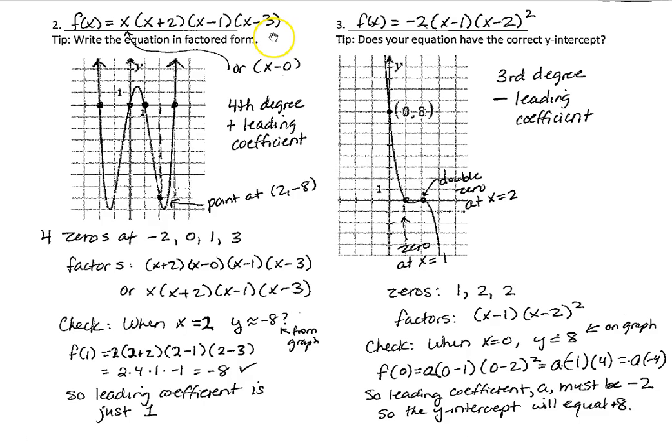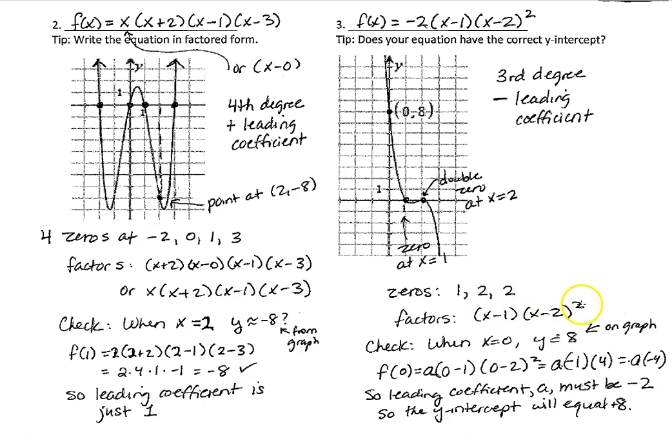So there's my equation. Now the second one is a third degree with a leading coefficient that is negative because it starts up and it ends pointing down. Notice it crosses at 1 and then it just touches at 2, so there's a double 0 at 2. So its zeros are 1, 2, and 2, or in its factored form it would be x minus 1 times